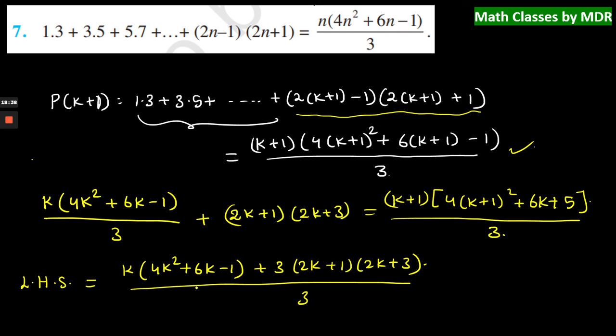So let's simplify the numerator. Okay, so 2k plus 1 into 2k plus 3 is 4k square plus 6k and then 2k, then 8k and then 3, right? Let me simplify in that way. So we have